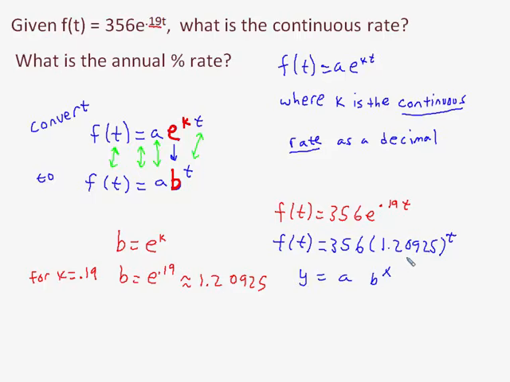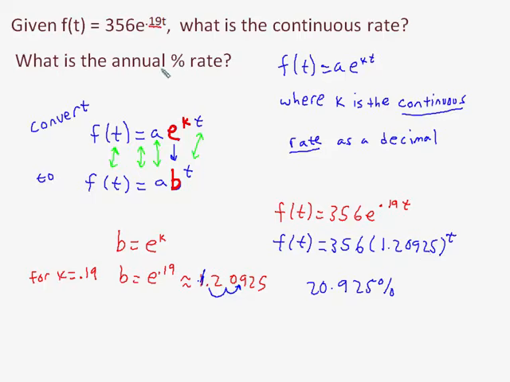And if you remember how to convert from a growth factor to the percent rate, you can think of it as you subtract 1 or ignore the 1, then you multiply by 100, or you could think of that as move the decimal over twice. So if you ignored the 1 and moved the decimal over twice, you would get that your percentage rate is 20.925%. And notice that even though I rounded to 5 digits, I am now only left with 3. So if you want 3 decimal place accuracy here, you have to round your b value to 5 decimal place accuracy.